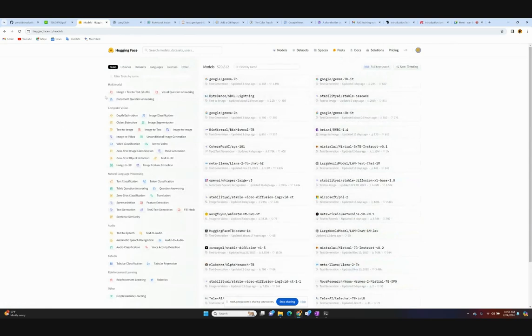So there are different modalities, meaning you want to do text to image or image to text or voice to text or vice versa. So those are the different modalities. Our focus is under natural language processing. So we're going to take a look at text classification, summarization. Hopefully we can look at translation,